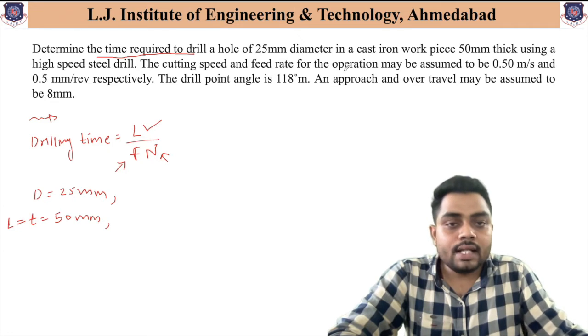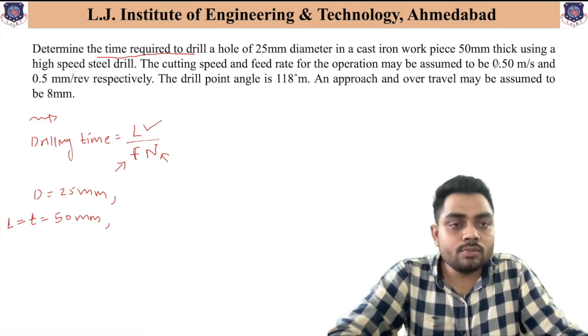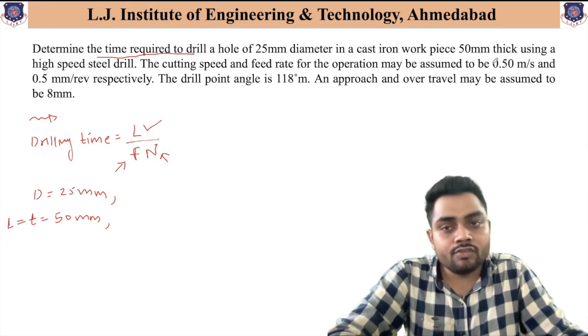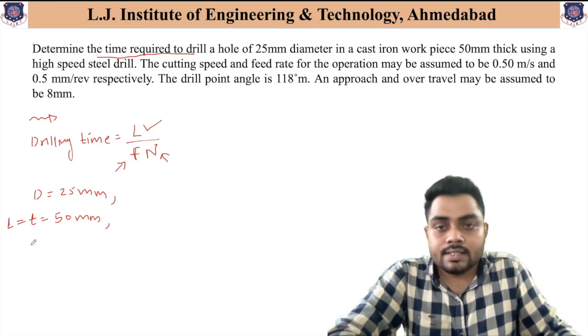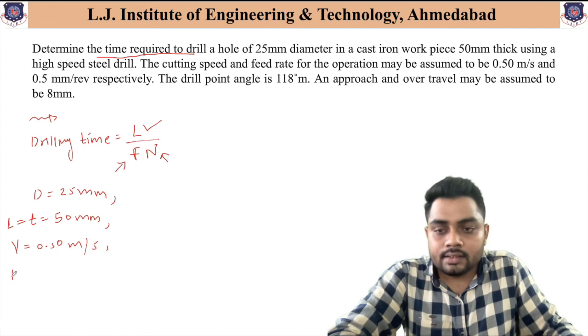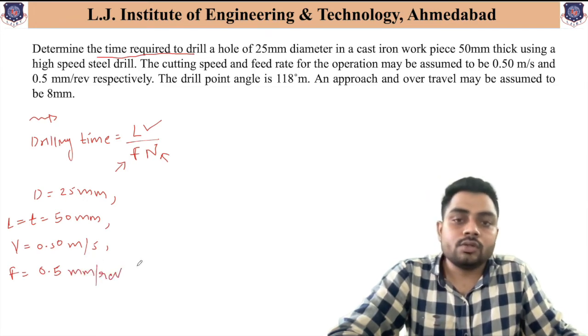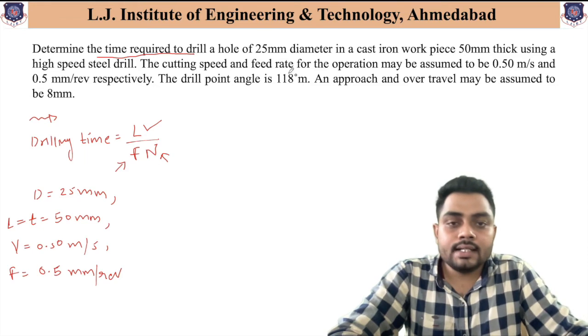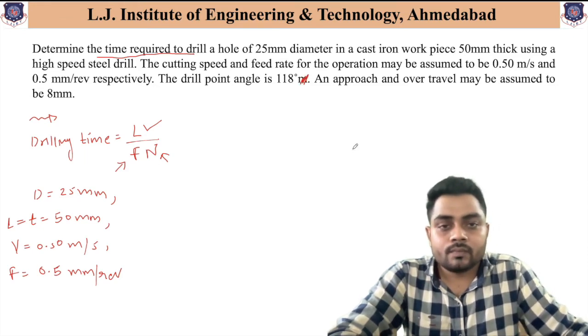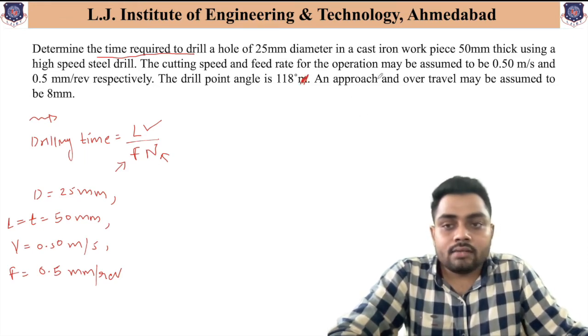Now the cutting speed and feed rate for the operation may be assumed to be 0.50 meter per second and 0.5 mm per revolution. That means the cutting speed is given as 0.50 meter per second and the feed rate is given as 0.5 mm per revolution. Here the drill point angle is 118 degree and approach and over travel may be assumed to